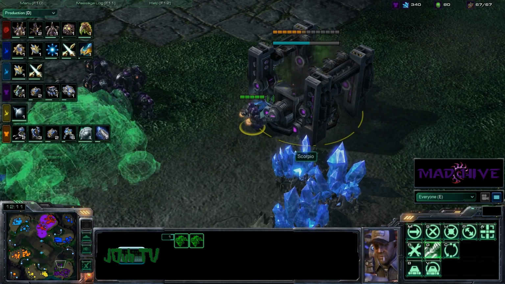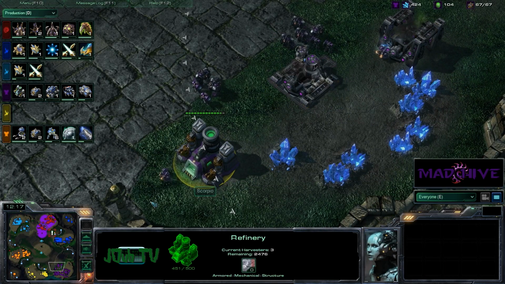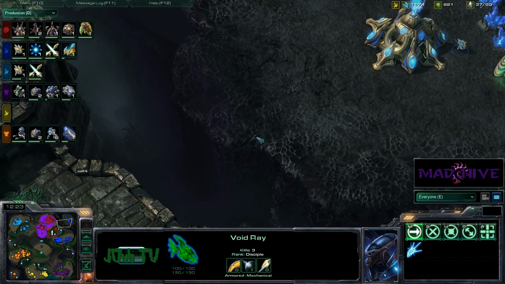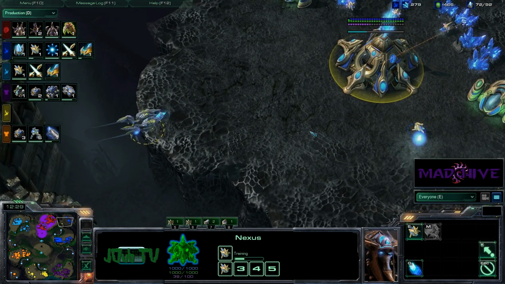I wonder if he rallied these because he thought he was going to have gas till he could start mining. He's mining 3 off of this one. And here comes the Void... Oh, Brent, you're going to go out with 1 Void Ray? Okay, well, you're going to get Spartan's expansion, unfortunately, but...